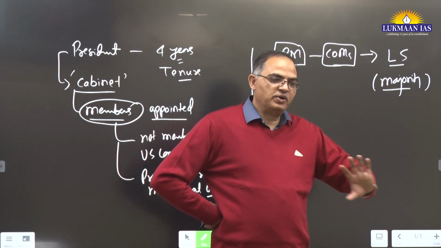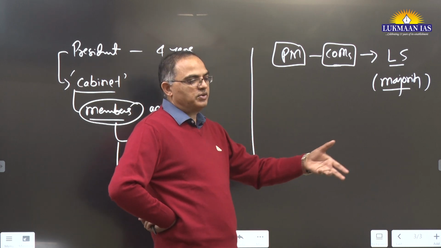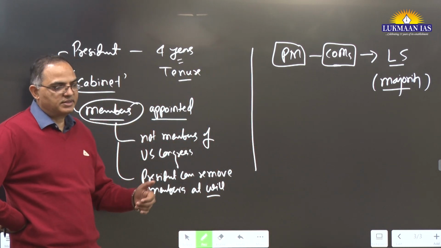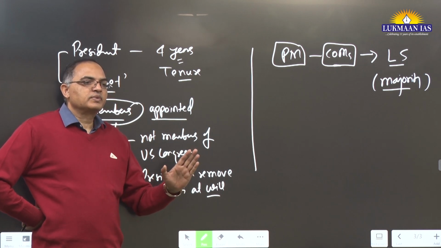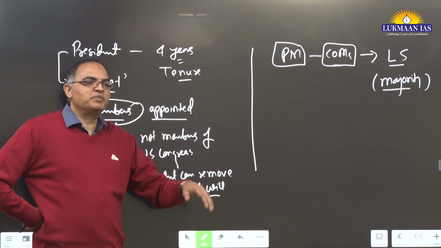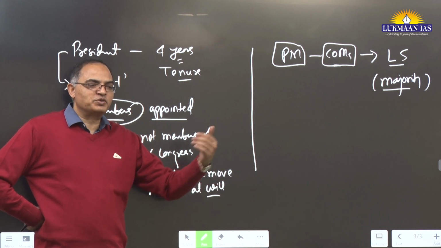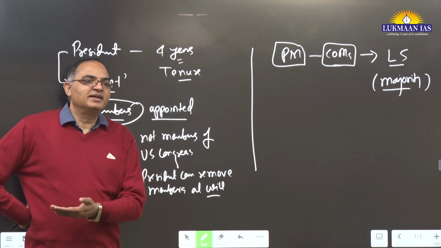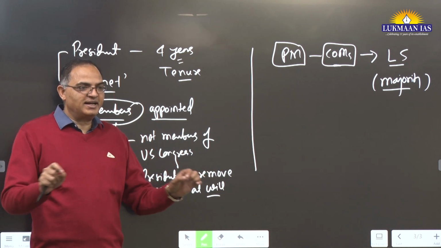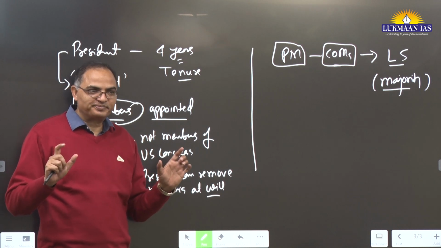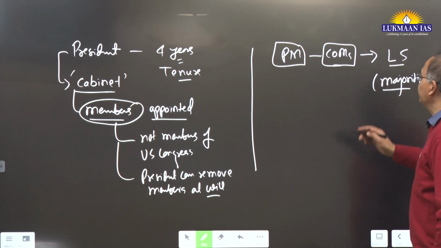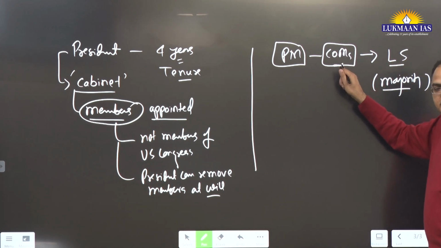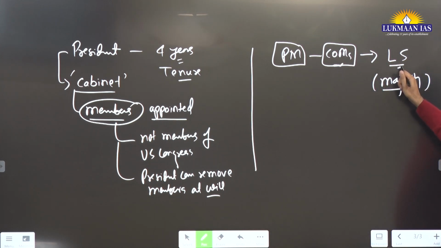A Rajya Sabha member can also become a minister, but most of them belong to the Lok Sabha. We will deal with all these things later. Why do they belong largely to the Lok Sabha and not the Rajya Sabha? Because the popular government belongs to the Lok Sabha. So when the government belongs to the Lok Sabha, it should be more responsible to the Lok Sabha. Most of its members should be from the Lok Sabha rather than the Rajya Sabha, although there is no such criterion mentioned in the constitution. So the Prime Minister will select his council of ministers and they will largely belong to the Lok Sabha or in general Parliament.